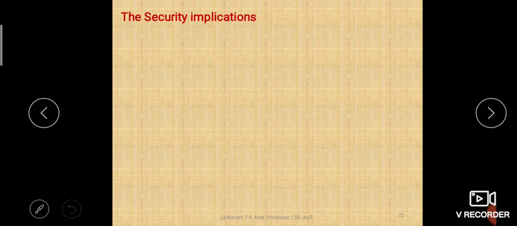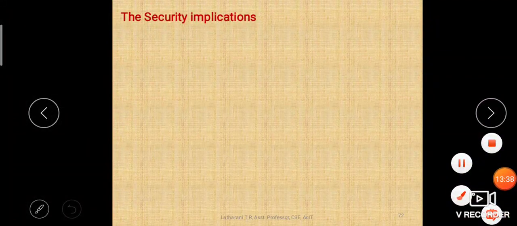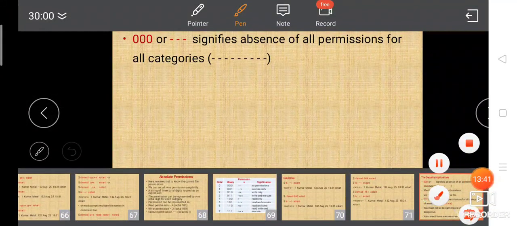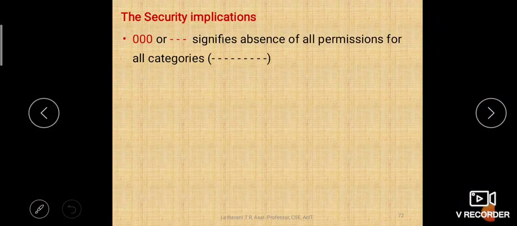Is that clear? Now that is how you change the permissions, but you should also take care of some security implications. So what are those security implications? If you give permission 000, chmod 000 filename, then what happens?